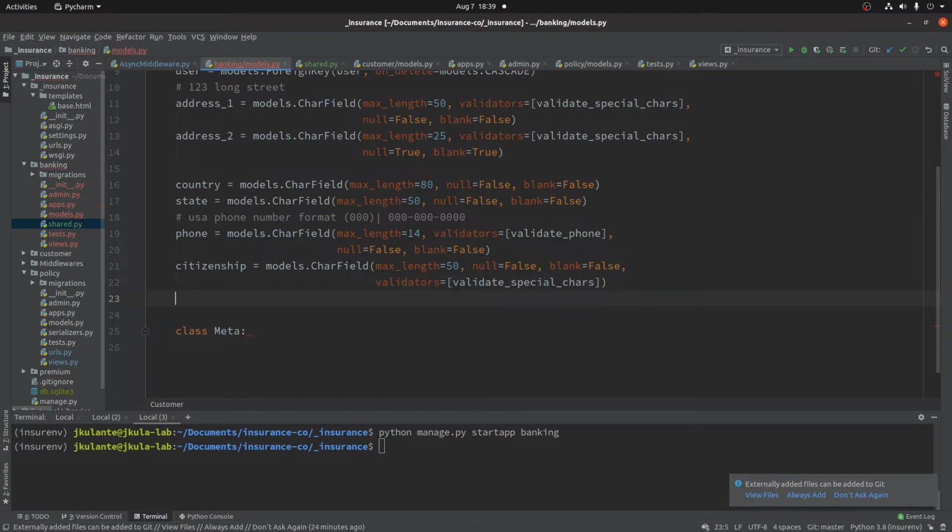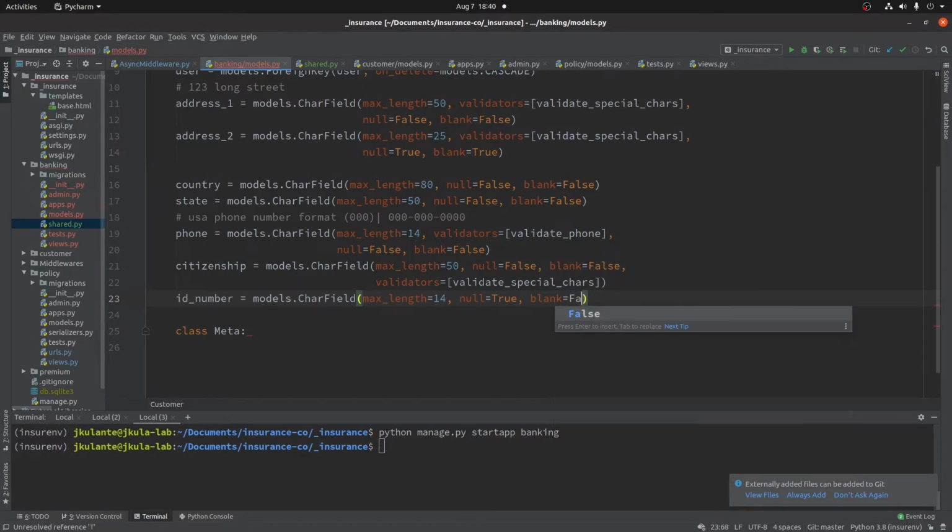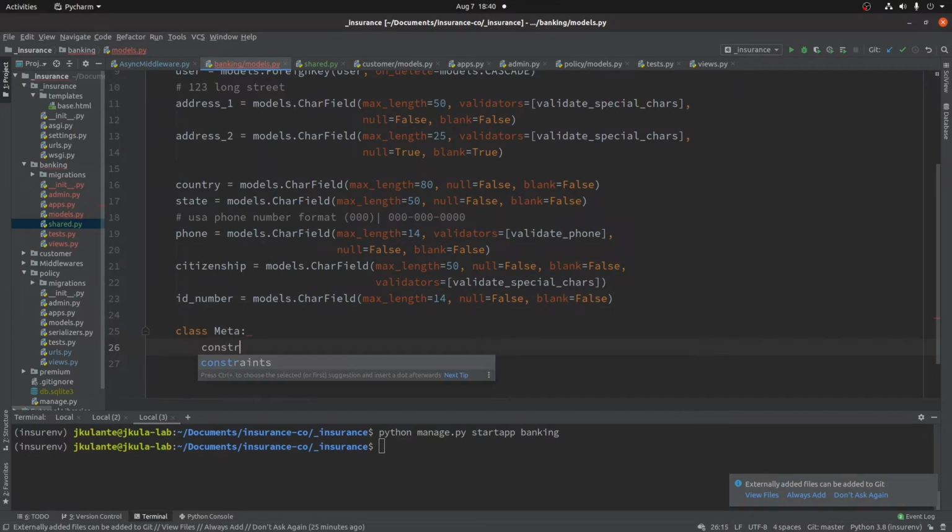And last but not least, ID number, models char fields, max length 14, blank should be false. I like to start with null because null is what is applied on the database level, and blank what is applied on the form. Blank, we leave this one to true, as if it's optional. No, let's make that compulsory. Blank false, null false as well. Okay,